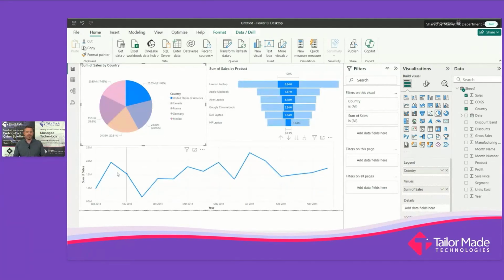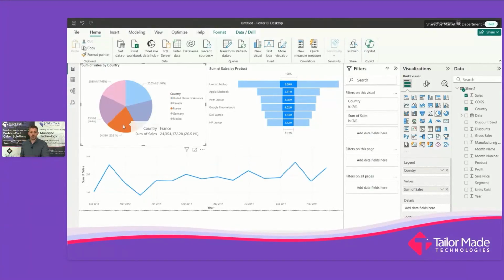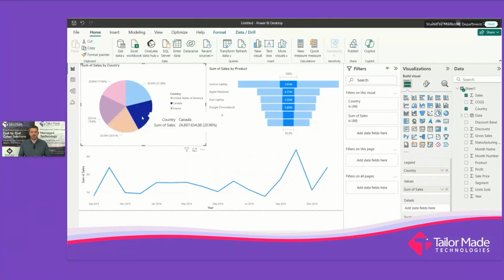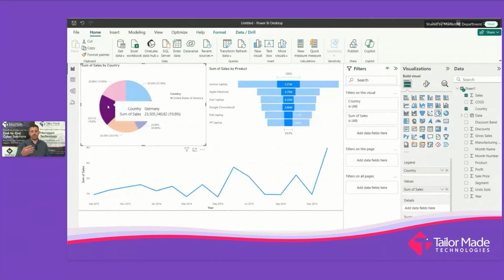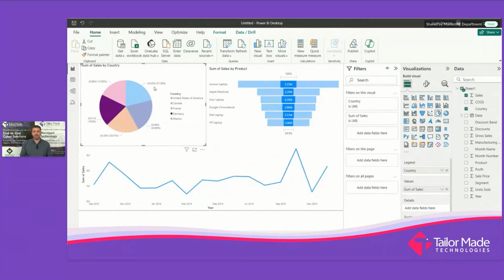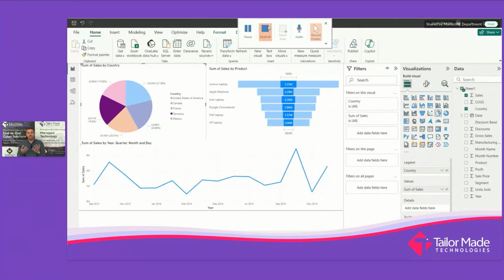So now when I click on the United States of America, you can see that my line graph at the bottom changes to show me when we sell our items through the year into each of those countries. And at a glance, I can also see the products that we've sold and the revenue within that. So how long did that take us? Literally 2 or 3 minutes to pull in a couple of graphs off the back of a simple Excel document.